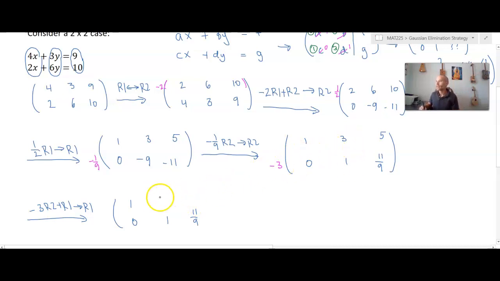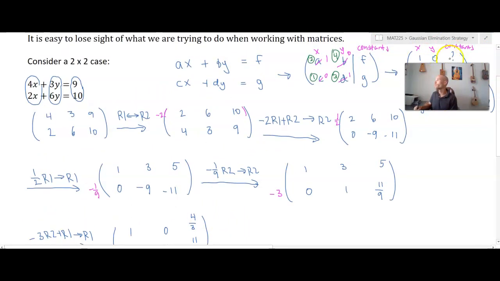Negative 3 times 1 added to 3 is 0. Negative 3 times 11/9 added to 5. Well, I can do that in my calculator. Negative 3 times 11/9 added to 5. Convert that to a fraction. That's going to give us 4/3. And we're effectively done. We now have the original form we were hunting for, which was the 1, 0, 0,